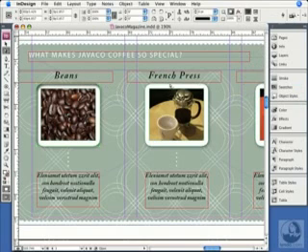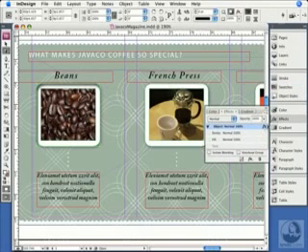In an earlier movie, we saw one way to copy an effect to another object, simply by going to the Effects panel and dragging the effects icon over onto the other object. Another way to do this would be to save the effect in an object style, which we'll look at later in the chapter on styles. And in the next movie, we'll focus on another feature that lets you copy all kinds of formatting, the Eyedropper